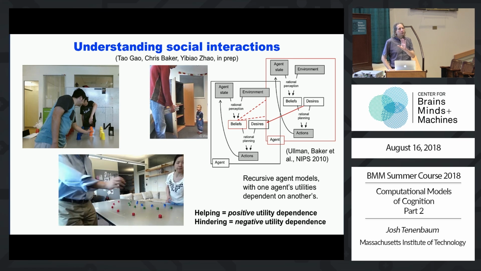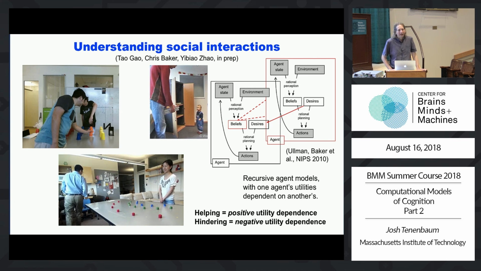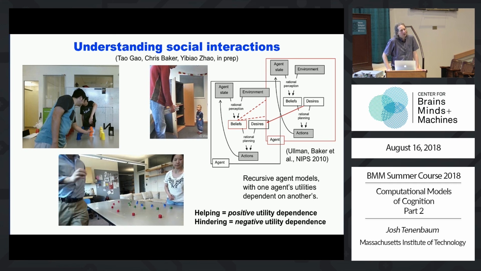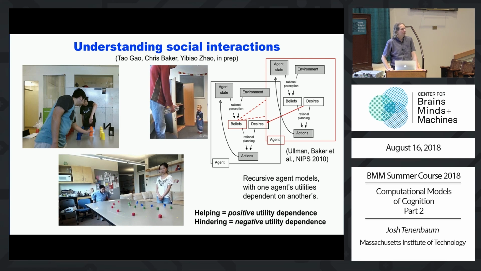And even shown some evidence, which I don't have time to show you here, about how even 10-month-old infants, not the very youngest, but 10-month-old infants, seem to apply at least a primitive proto-qualitative version of this recursive utility calculus in terms of how they understand when an agent is helping another one. And we show that by having actions which on their own are not uniquely identifiable as either helping or hindering, but depending on the context that the infant has previously seen, the very same action would be either helpful or not helpful based on what they know another agent knows about another agent's goal. And if that sounds like a lot for a 10-month-old infant, it is a lot. Not all the infants pass that task, but the majority of even 10-month-old infants do.